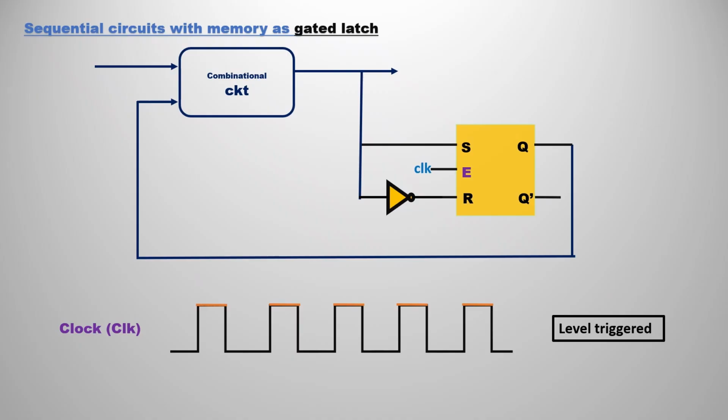Now we are going to see this with the help of the clock. Already we are passing the clock in the enable line, as it is a gated latch. We have already discussed that latches are level triggered. Especially for the gated latch, if you observe, this is the clock signal. According to the level high only it will react, and according to the input it will change the output. So let's see how to do that.